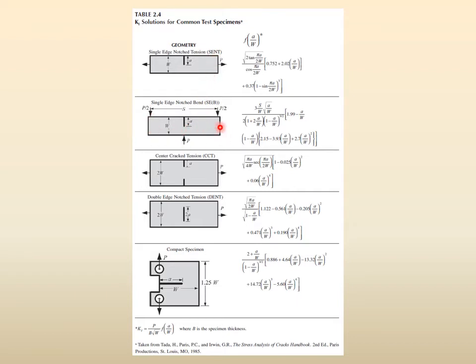Then same specimen, but under bending, 3-point bending, P by 2 here, P by 2 here, total load P. This is single edge bending, right? Then center cracked tension. This is wrong. This is double edge notch tension. So in the table, in the figure that I have, this heading is there and that heading is here. This is double edge, right? One edge there, one edge here. So double edge notched in tension. And this one is center cracked in tension. So center cracked tension is this one, and DENT, double edge notched in tension, is that one.